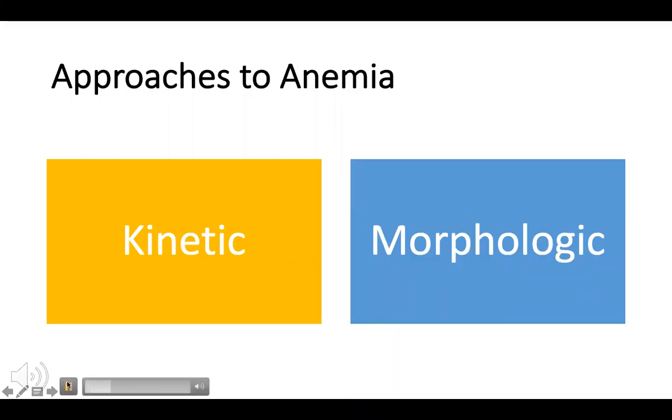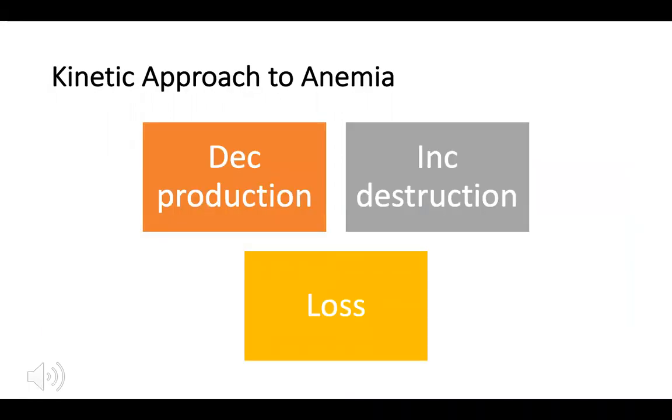The two common ways to classify anemia are through the kinetic approach and the morphologic approach. The kinetic approach to anemia defines anemias based on how the anemia develops, not the resulting indice changes. So that's going to be a decreased production of RBCs, increased destruction of already circulating RBCs, or a loss through